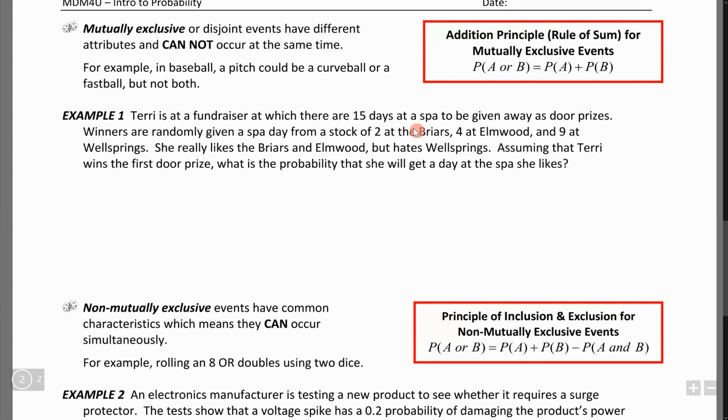Okay. So here's an example that we can do. Terry is at a fundraiser at which there are 15 days at a spa to be given away as door prizes. Winners are randomly given a spa day from a stock of 2 at the Briars, 4 at Elmwood, and 9 at Wellsprings. She really likes Briars and Elmwood, but hates Wellsprings. Assuming that Terry wins the first door prize, what is the probability that she will get a day at the spa she likes? So the events are B for Briars, E for Elmwood,